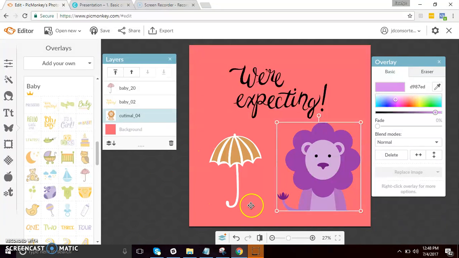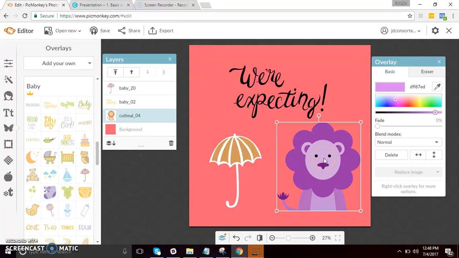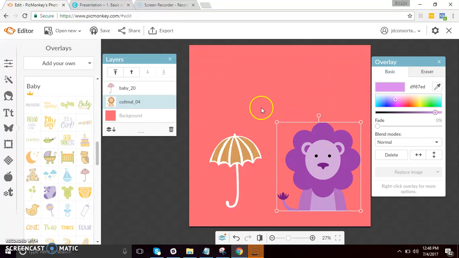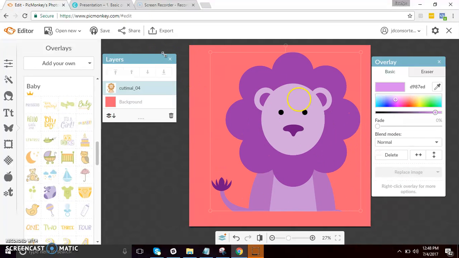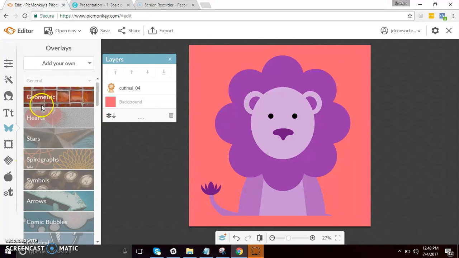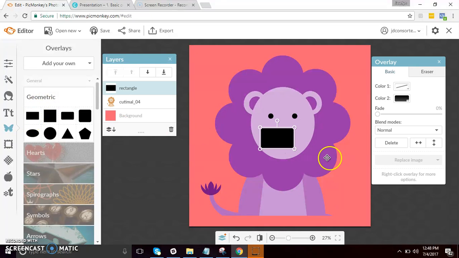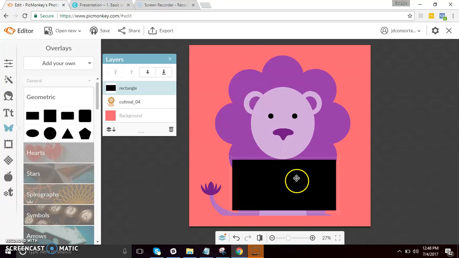Now let's manipulate using blend modes. For example, this one here. I have to erase this. And let's add blend modes. I want to add another overlay on top of it, so let's choose a geometric shape. All you have to do is stretch.